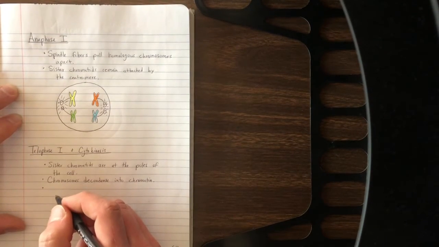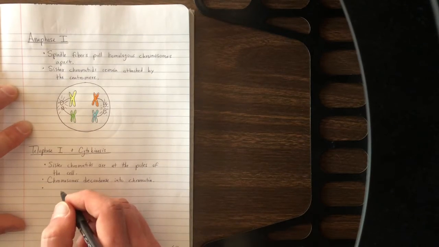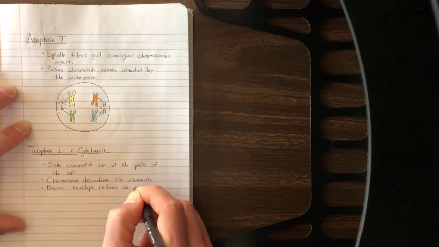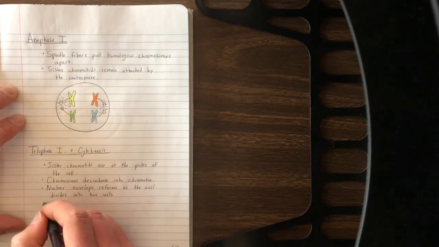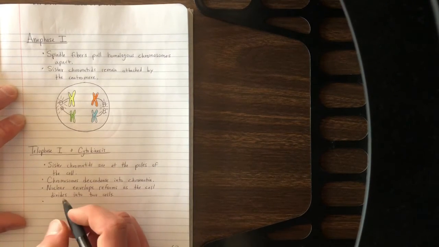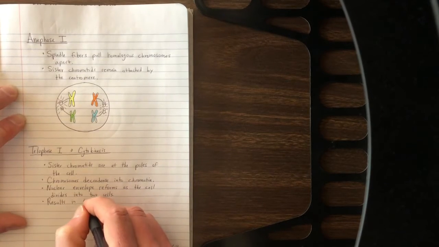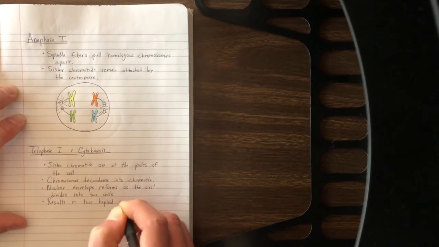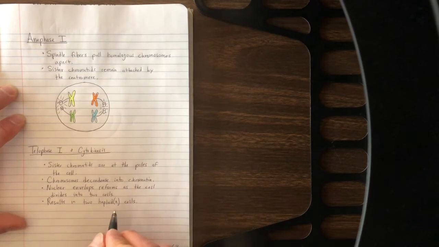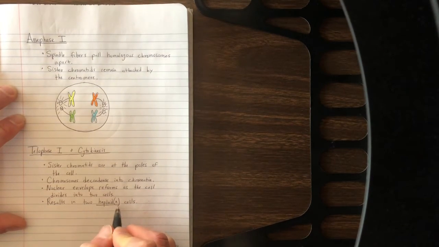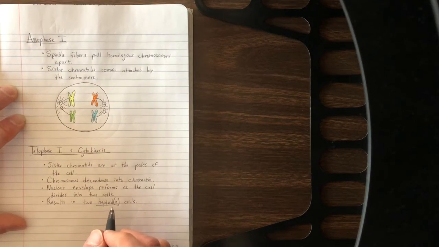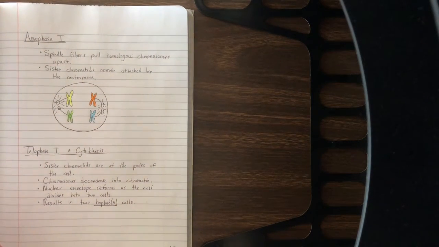The nuclear envelope reforms as the cell divides into two. And this is now going to result in two haploid cells. Haploid is abbreviated with the letter N, so I'll put that in parentheses. This is a vocabulary term, so I'll underline it as well. And haploid just means, as we look at our foldable, that it's a cell that contains only one set of